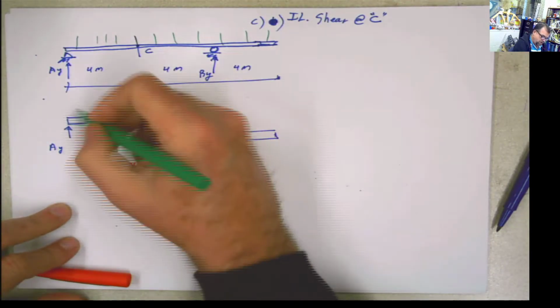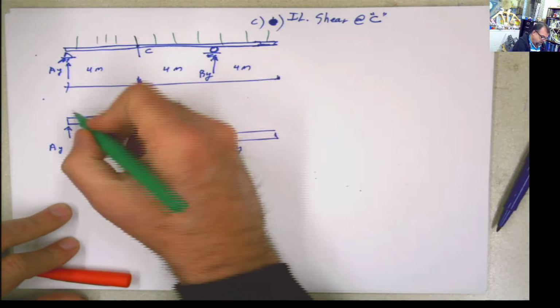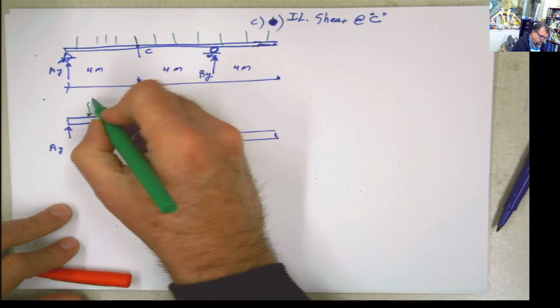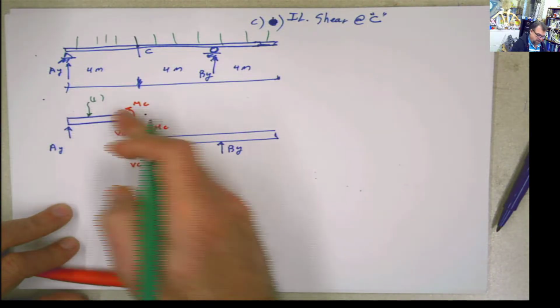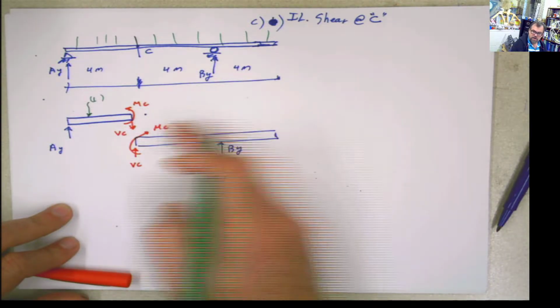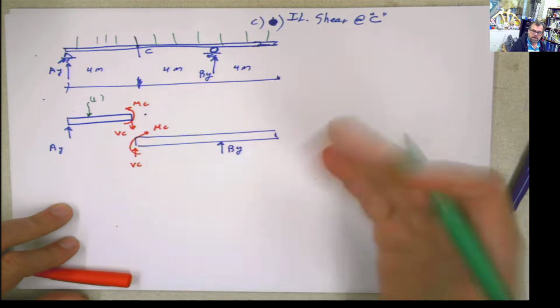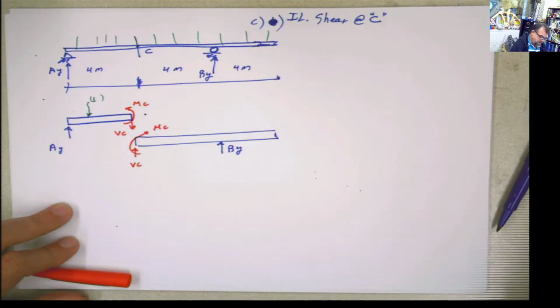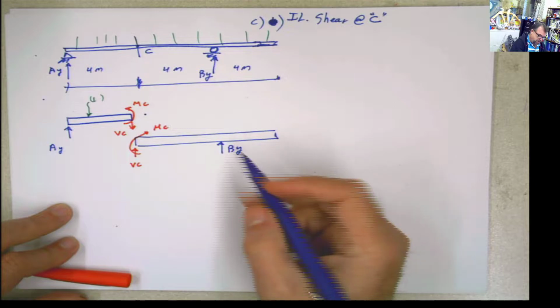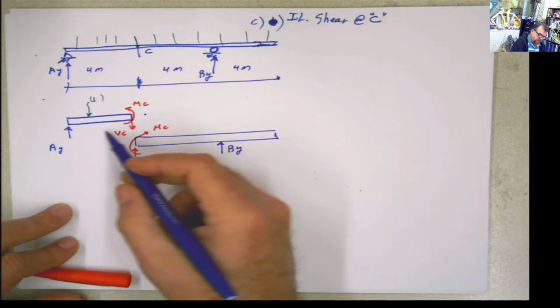So at some moment in time, the load is going to be here. But after that, the load is going to be moving to this other part of the beam, to that other part of C. And what that is telling you is that we have to differentiate between this and that,